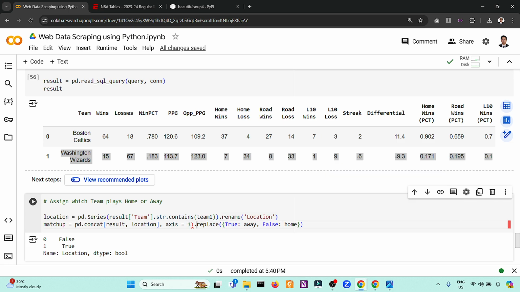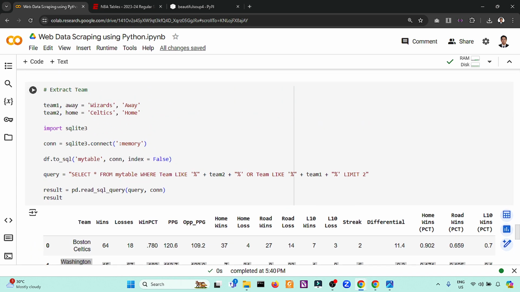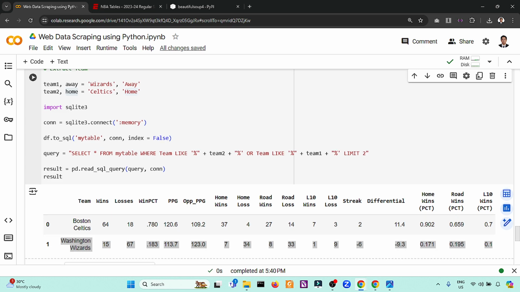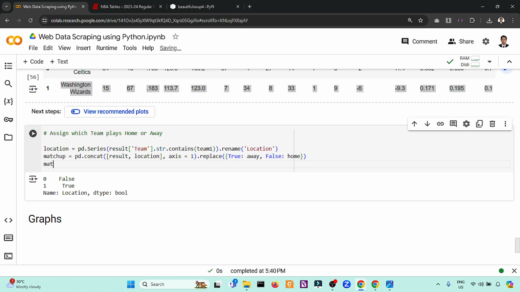If we are wrong, we can just recalibrate and replace this specific value. So this is away. This is the variable here. So the Wizards will be away, and the home team, which is the Celtics, will be home. Okay, this is the matchup.